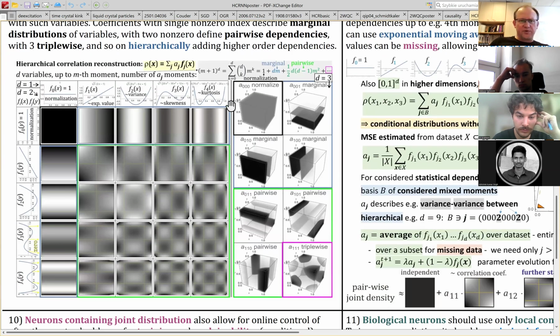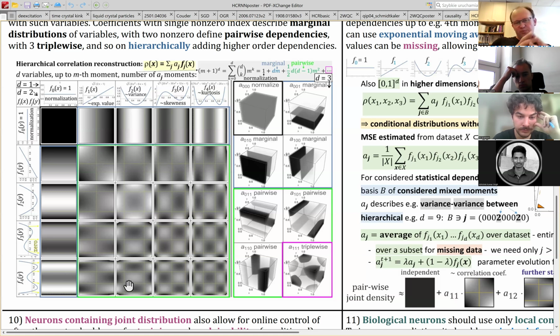Yes, so in one dimension we have these orthonormal polynomials, which are very convenient for estimation. So here is for one variable. And now we have for two variables. So just using those four, we can model marginal distribution of this variable. Using those four, we can get marginal distribution of this variable. Then we can use this pairwise, and here we have this correlation. Here is this homoscedasticity. So we can literally decompose dependencies into probability distribution, density of first one variable, second variable,